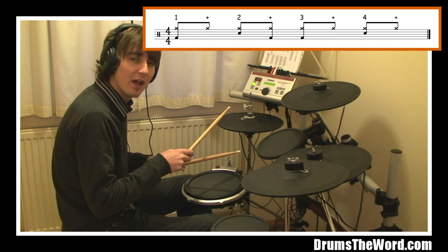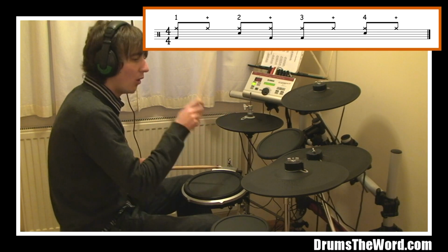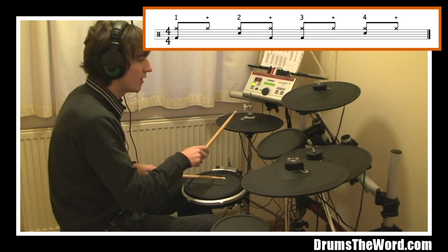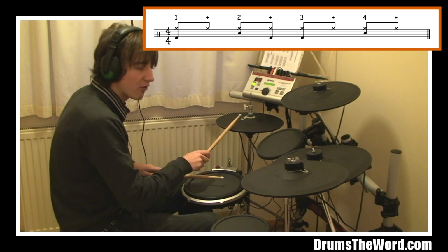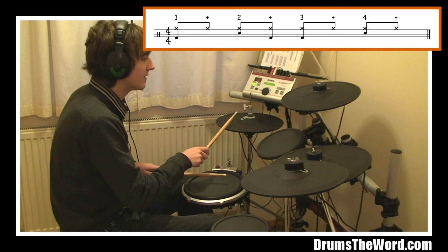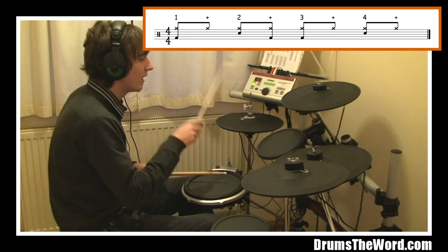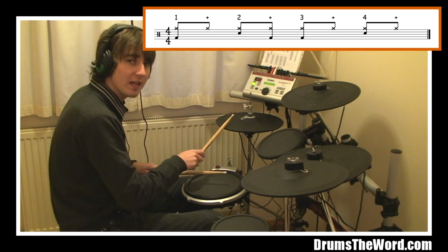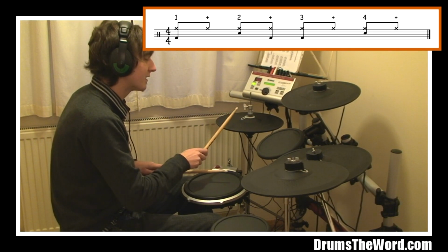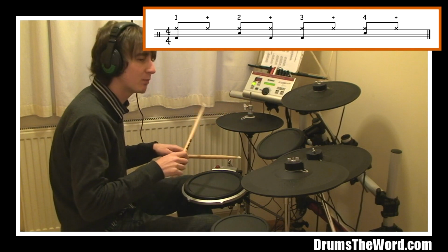So let me play the whole thing for you very, very slowly while counting out loud. 1 and 2 and 3 and 4 and 1 and 2 and 3 and 4 and. Again, what people tend to do when they play this drum beat is play the snare drum